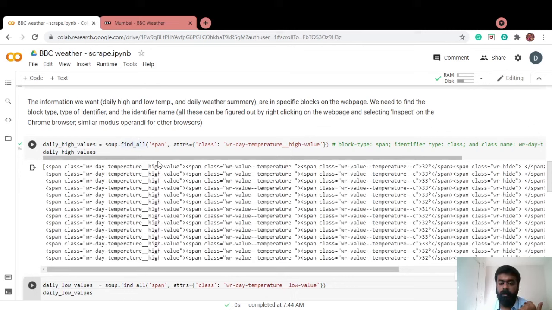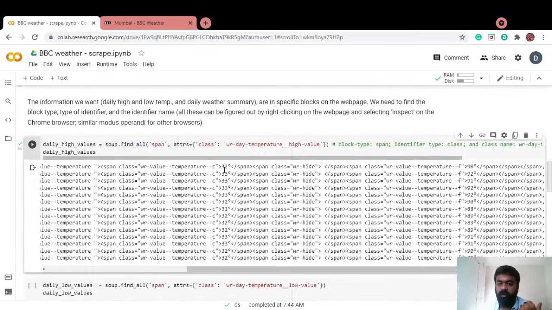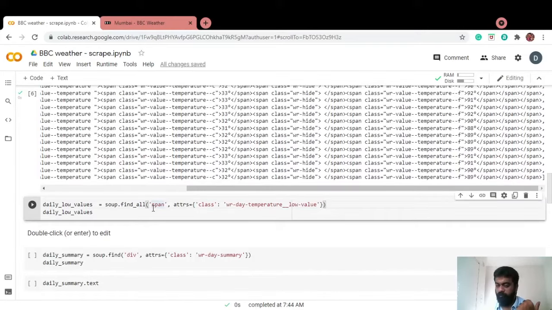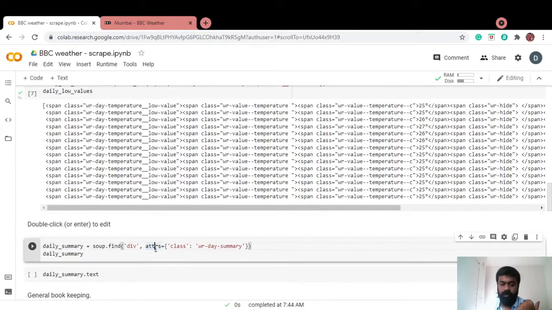It returns a lot of junk along with the information we're interested in for the next 14 days, as a list of 14 elements. It has the daily high temperature values in degrees Celsius and in degrees Fahrenheit, along with a lot of junk. Similarly, we do that for the low temperature, and we get back a list of 14 elements along with a lot of junk and the information that we're interested in. And the daily summary,